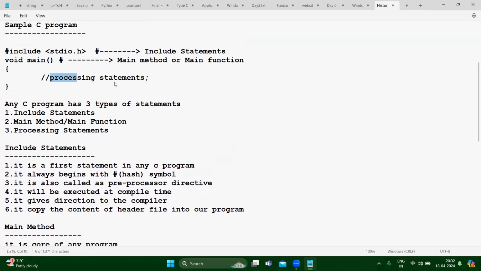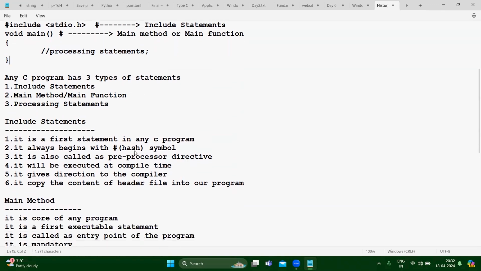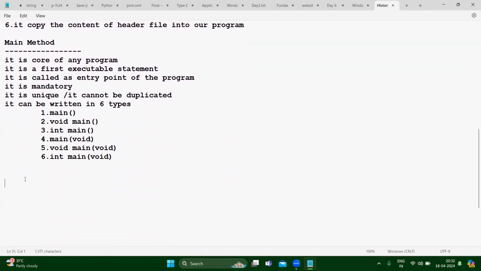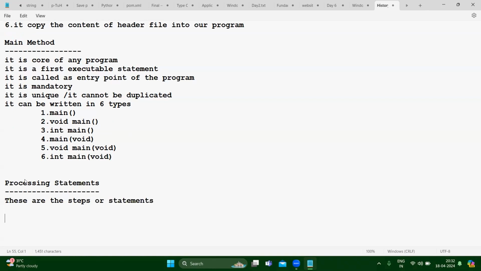These are the steps or statements that describe what to do, how to do, and when to do. Are you getting? Processing statements, importance. What to do, how to do, when to do.